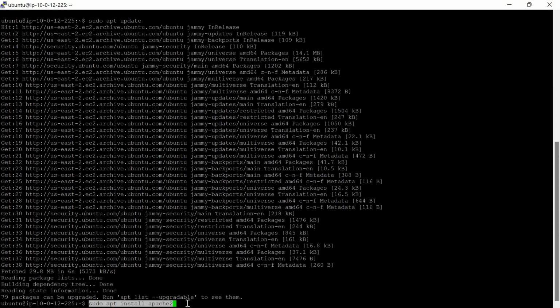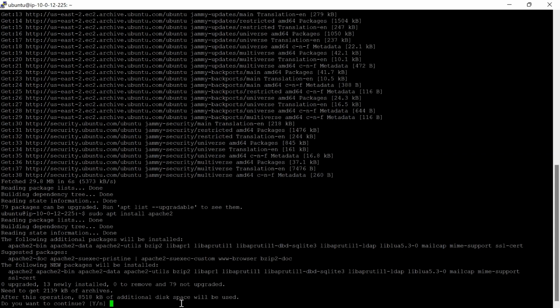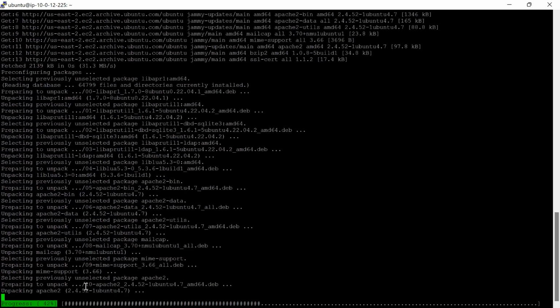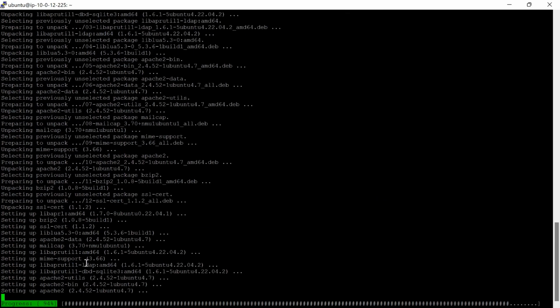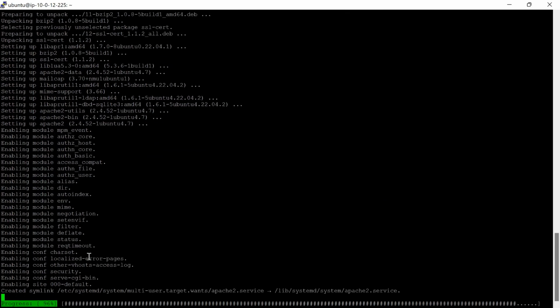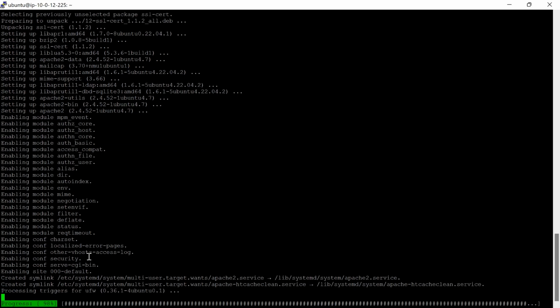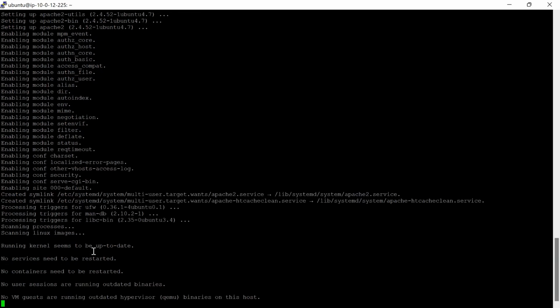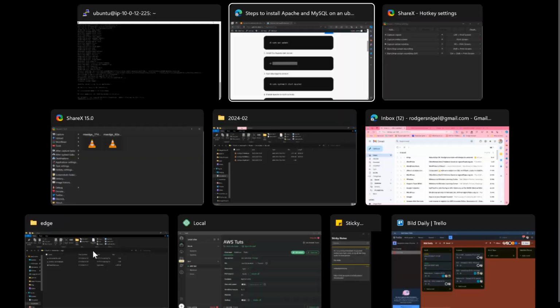Press enter, and it tells you after this operation 8,518 kilobytes of additional disk space will be used. Do you want to continue? Yes. So press Y, press enter, and it will take a couple of seconds to a minute to install Apache 2. It's done installing Apache 2,